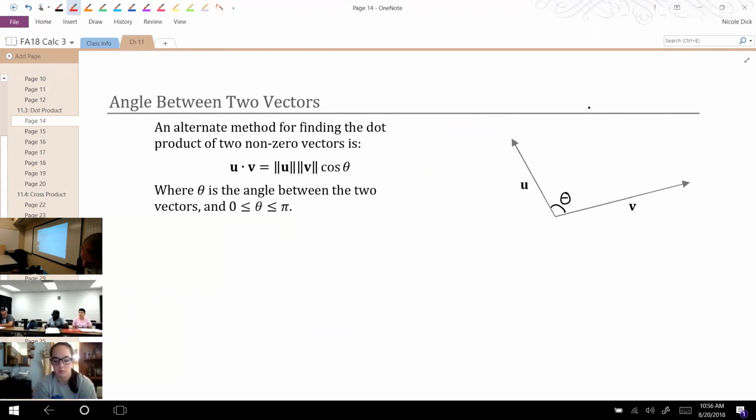So here is the formula for it. You can probably imagine getting cosine by itself, or theta by itself, here isn't going to be too difficult, but where does all this come from? We can just look at it and use it, and that's not really a challenge. But at this point in your math career, you need to understand where things are going. So by definition, the dot product of these two vectors is equal to the magnitude of both vectors times the cosine of theta. So if we were to get theta by itself, right on the next page here,